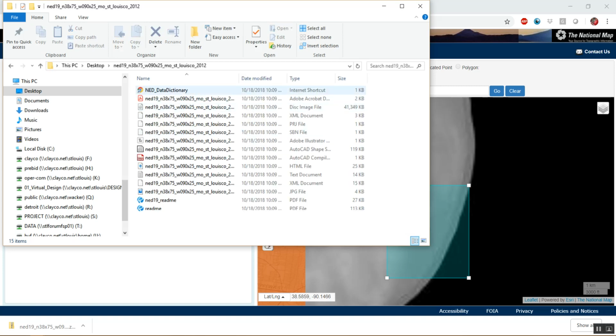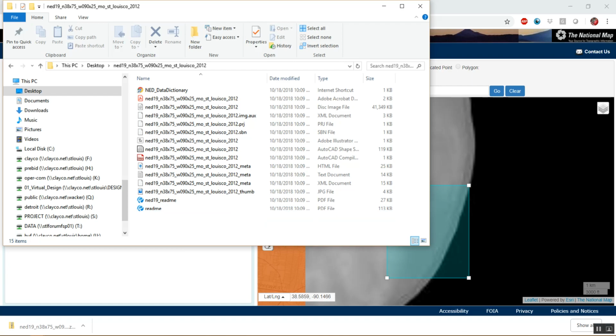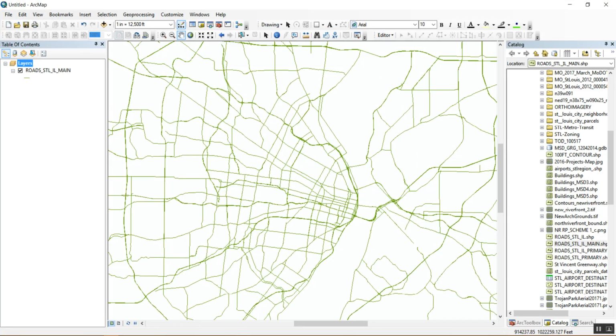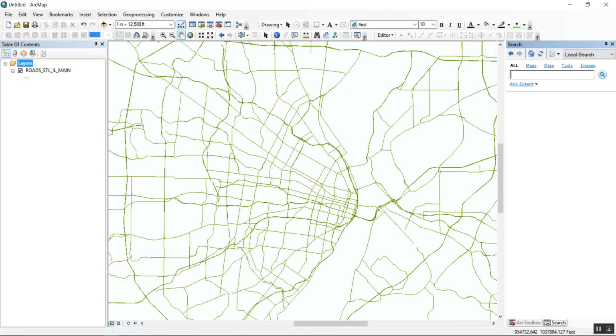If I go in here, you see that there's a bunch of files here that represent a DEM image. So back in GIS, you want to find a way to bring that information into here, and the way you do that is use the ARC catalog. The ARC catalog is this little yellow button right here in this corner. If you click on that guy,